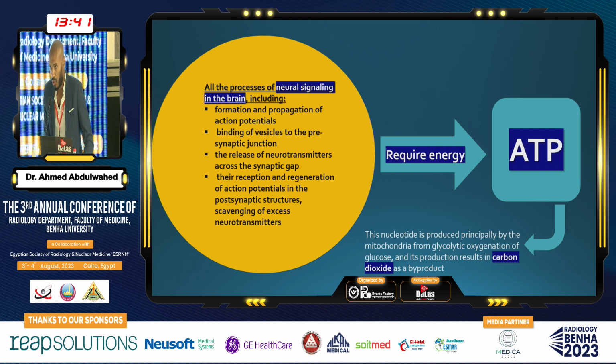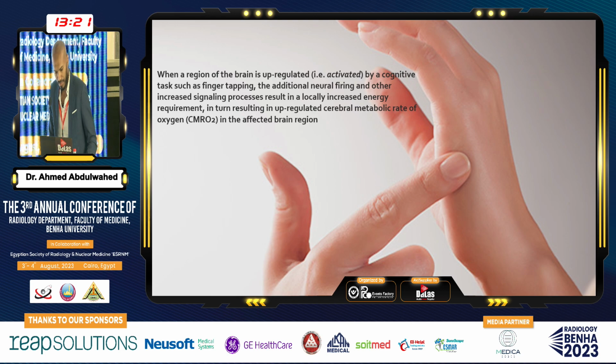All the processes of neuronal signaling, starting from the action potential generation till the postsynaptic release of neurotransmitter, will require energy using ATP. This nucleotide is produced by the mitochondria resulting from glycolytic oxygenation of glucose, with production of carbon dioxide as a byproduct. A very simple maneuver: when a region of the brain is upregulated or activated by any cognitive task such as finger tapping, smelling a perfume, or hearing a very loud voice,